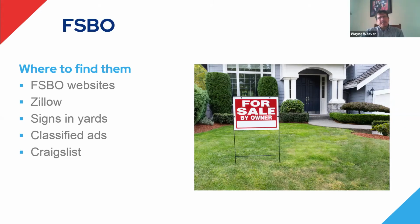So, where to find for sale by owners. For sale by owner websites: FSBO.com, and I think there is a forsalebyowner.com. There's a ton of them. Even if you just Google for sale by owner, all the sites come up. So that's a way to start finding some, if you want to play with one and work out a process. Or if you truly have a buyer, and it's in a neighborhood where a sign goes in the ground and it's gone in a day, agent wise,